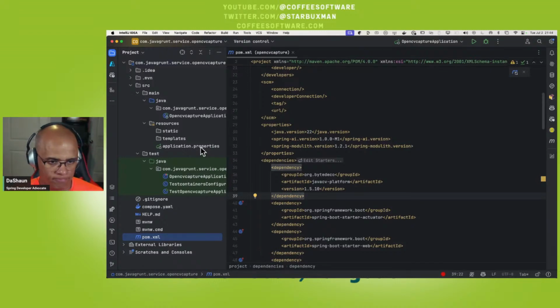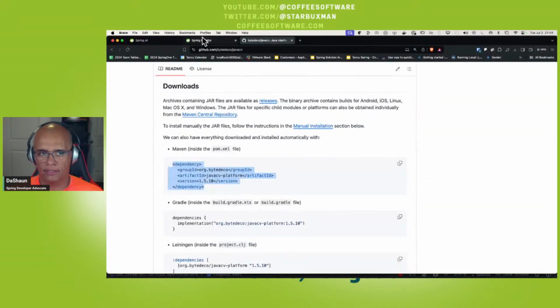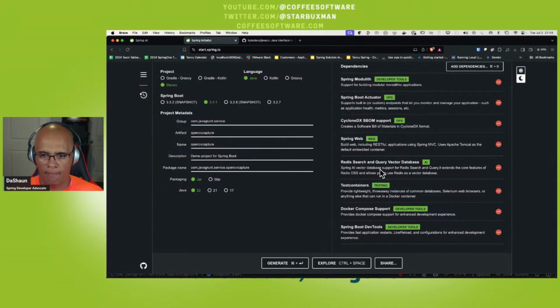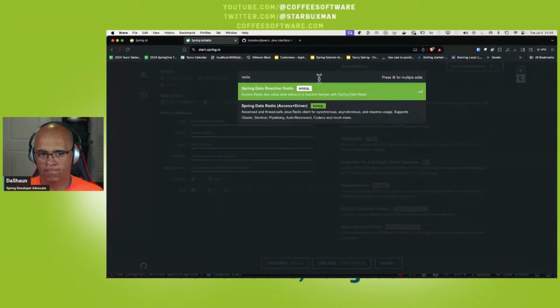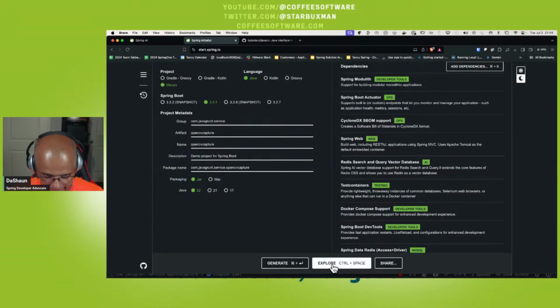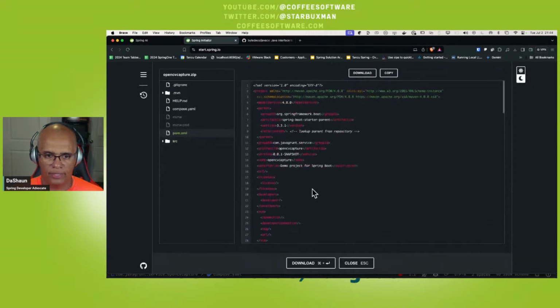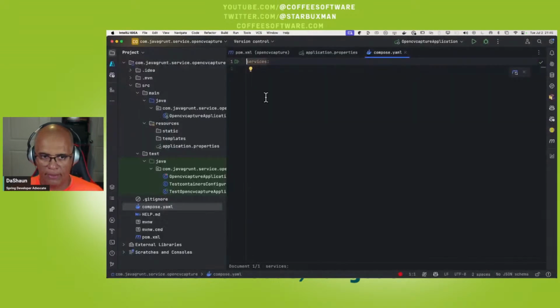So let's take a look. I've got a Docker Compose that didn't start up Redis. Did I not choose Redis? I said Redis search and query. Let me add one here. Let me say Redis here, and then I'm just gonna do this. That works for me. Let me grab that,